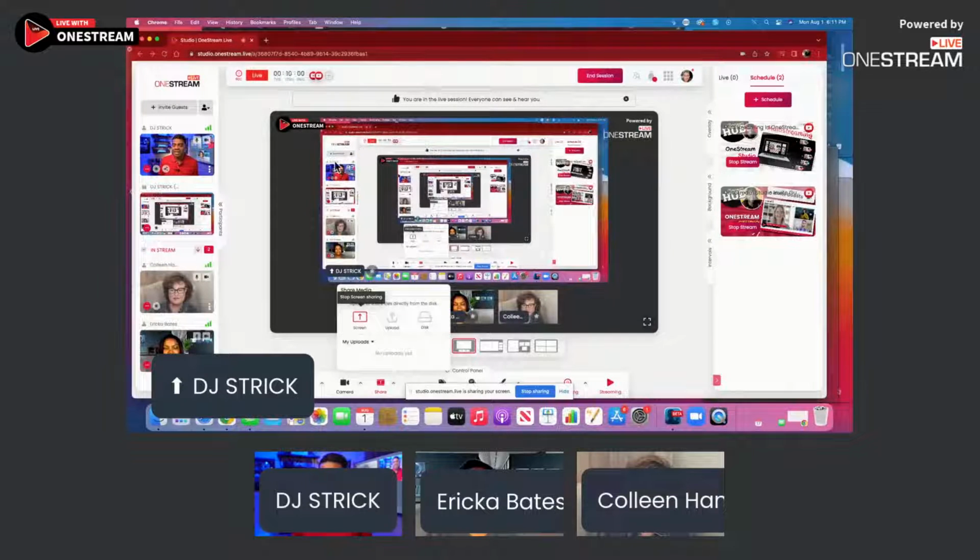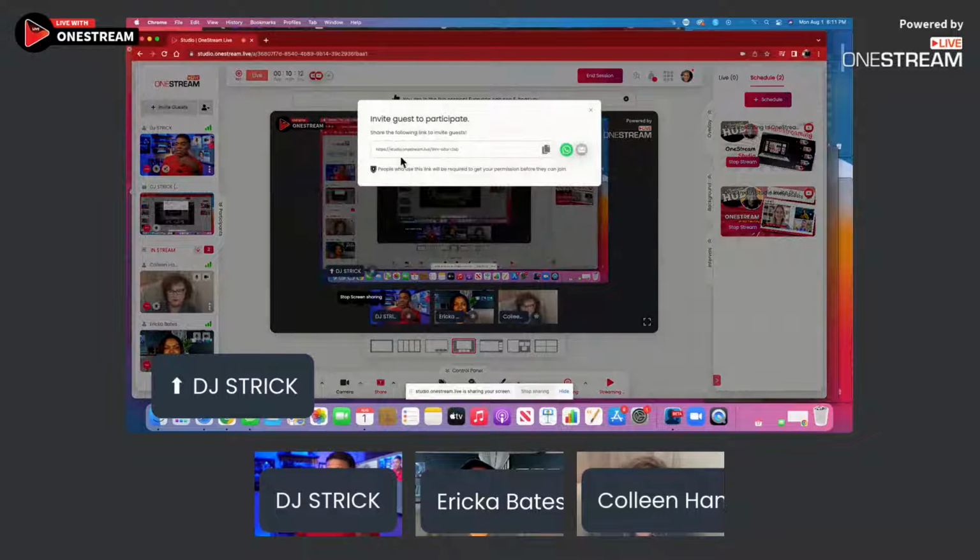But to the side up here in the corner, it says invite guest. Let me touch this arrow over here, invite guest. And it comes up with a banner that gives you the link that you can share. You can copy this link and put it in text, put it in Messenger, however you want to get it. You also can do WhatsApp and email it from these buttons on the screen.